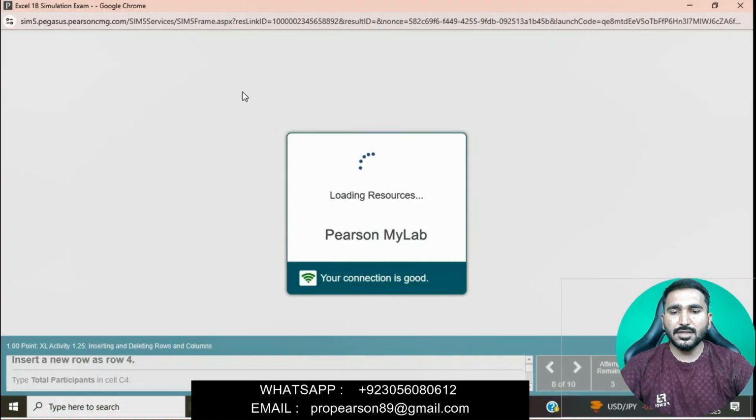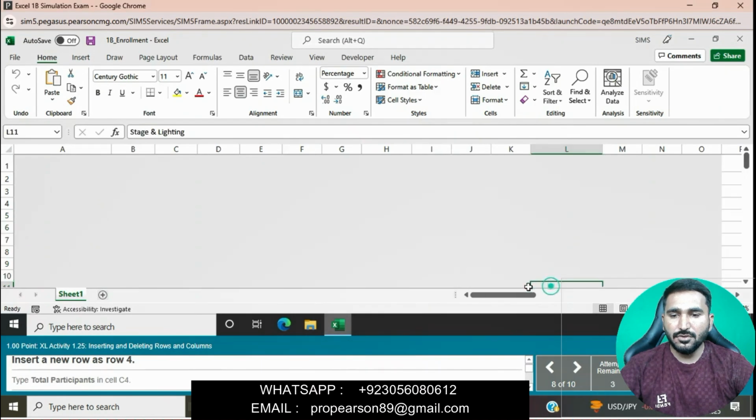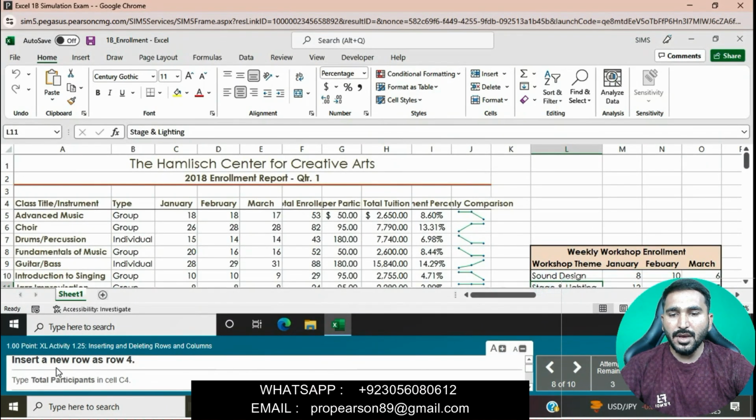The next question is to insert a new row as row 4.